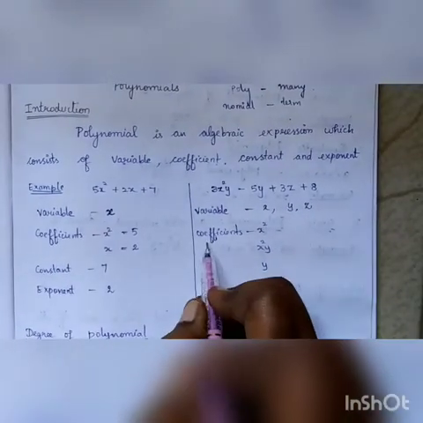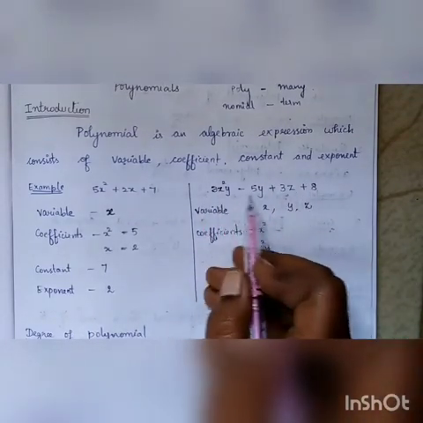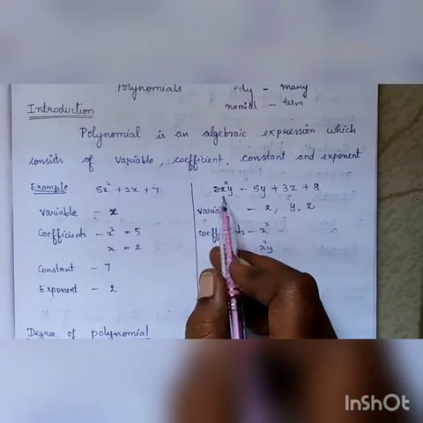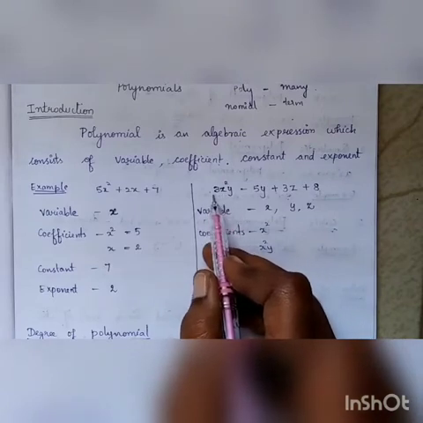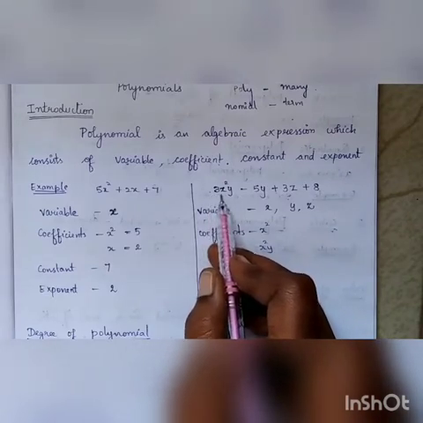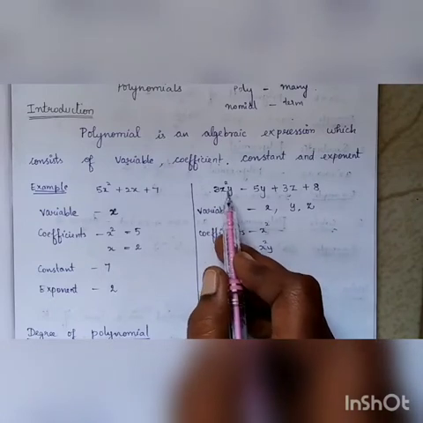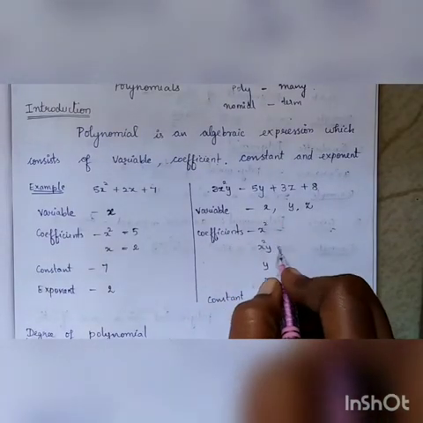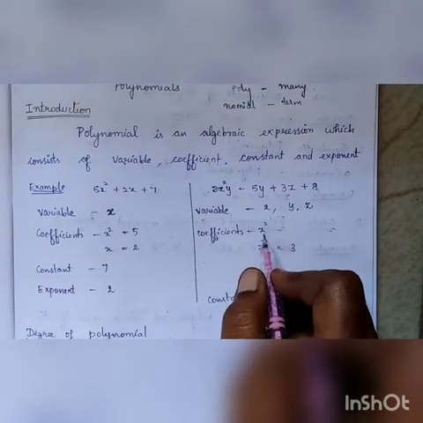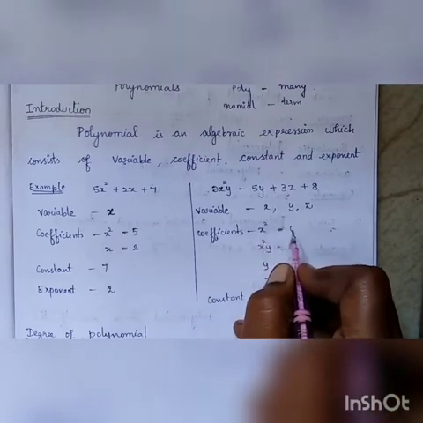Now see here, we have tried the coefficient of x square. Now what is the coefficient of x square in this? Here do we have an x square term? See, we cannot say this 3x square y is a term for x square. It is a term of x square y. If they are asking for the coefficient of x square y, then we can say that the coefficient is 3. We don't have a separate x square term here. Therefore, the coefficient of x square is not there. Therefore, it is 0 here.